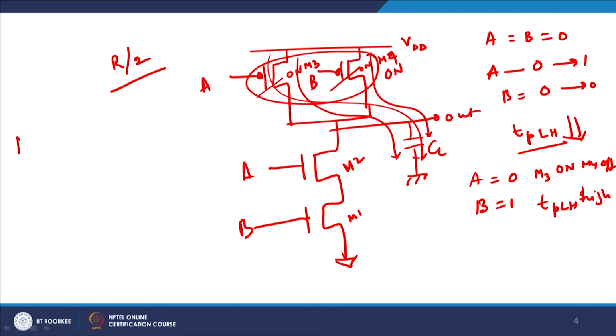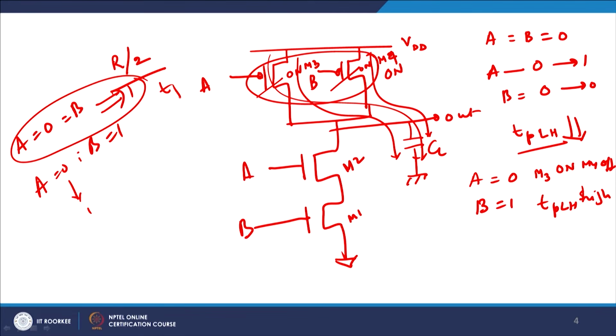So if you take A equal to 0, B equal to 0 and then going to 1, and another example A equal to 0 but B equal to 1, and going from 0 to 1, in the first case your TPLH will be much smaller as compared to the second case. That means the propagation delay which you see is primarily data dependent, which means it depends on the type of data you are feeding into the system. With this idea, let me see how this works out.